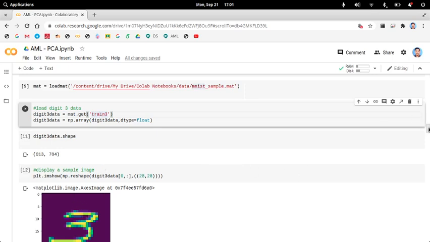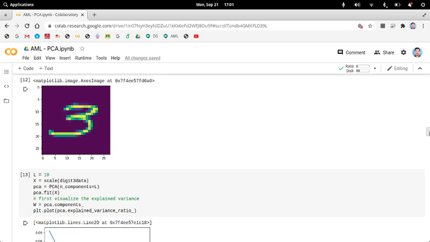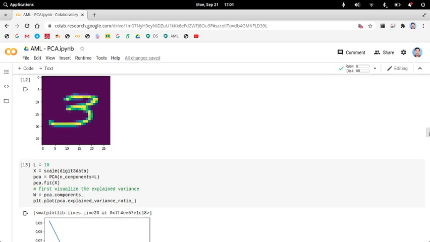You can see that this 3 appears. This is a 28 by 28 image, so it has 784 dimensions. If you flatten that, you can see that there will be 784 values.